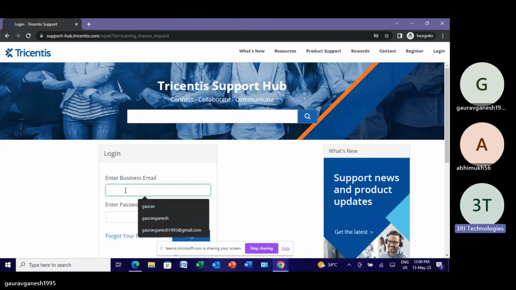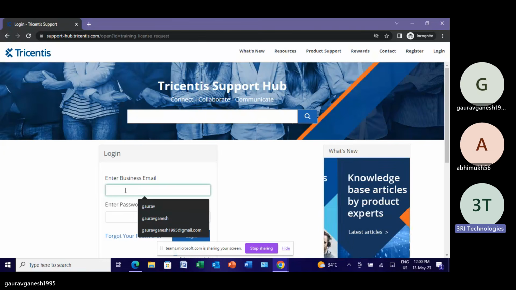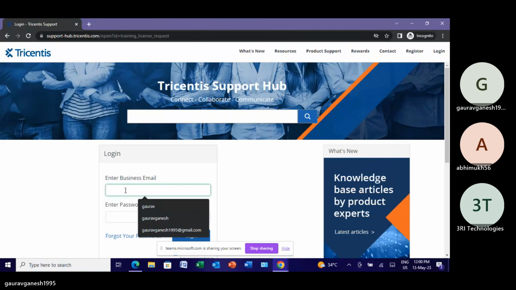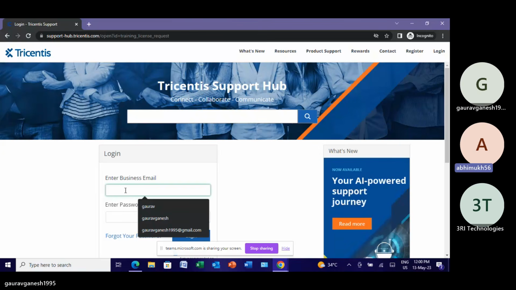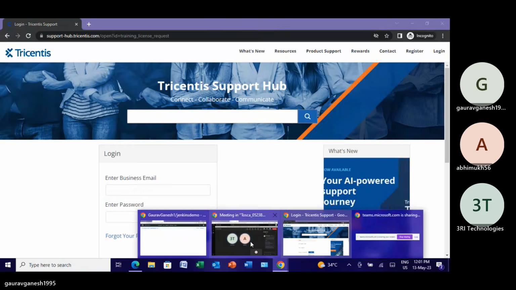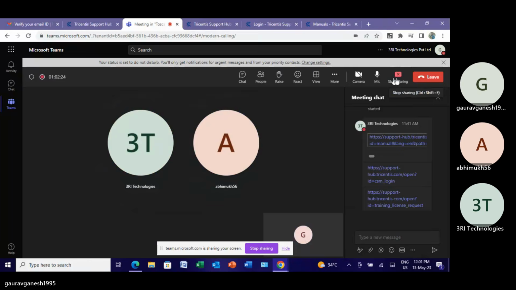She's not responding. Abhimuk, even for you, can you just check whether you are getting the downloadable file? I'm just sharing my screen once. Okay, I'll stop sharing then.